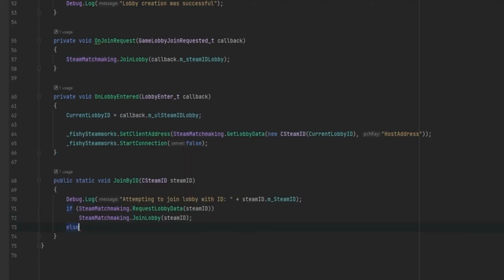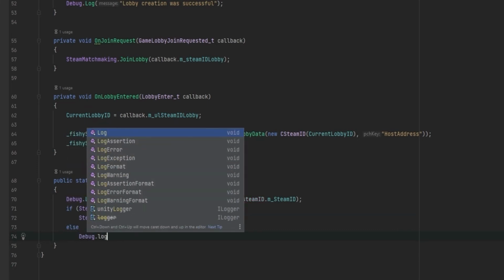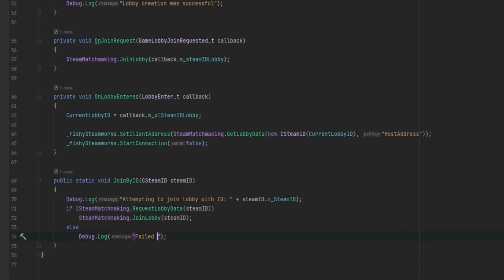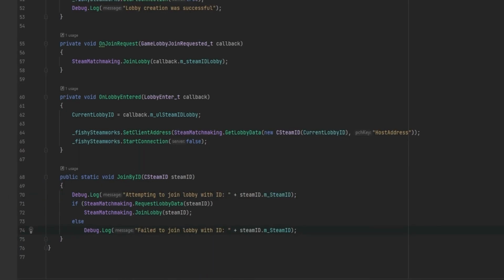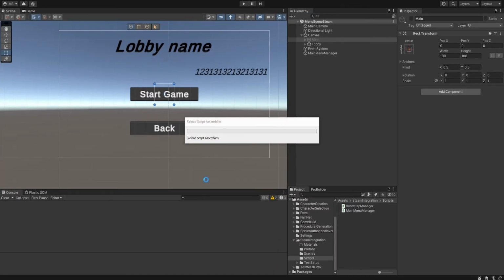And we can easily just make a debug here saying that if it doesn't grab it, we can just Debug.Log and say failed to join lobby with ID of this up here again. I hope this makes sense. We can actually just go test it right now. It should just fail every time, but you should be able to see in the debug log that it is